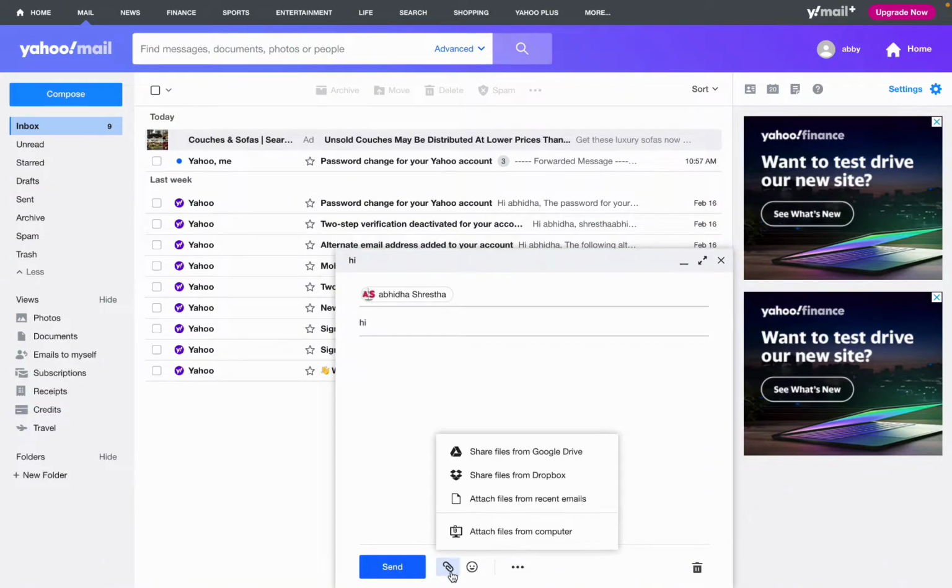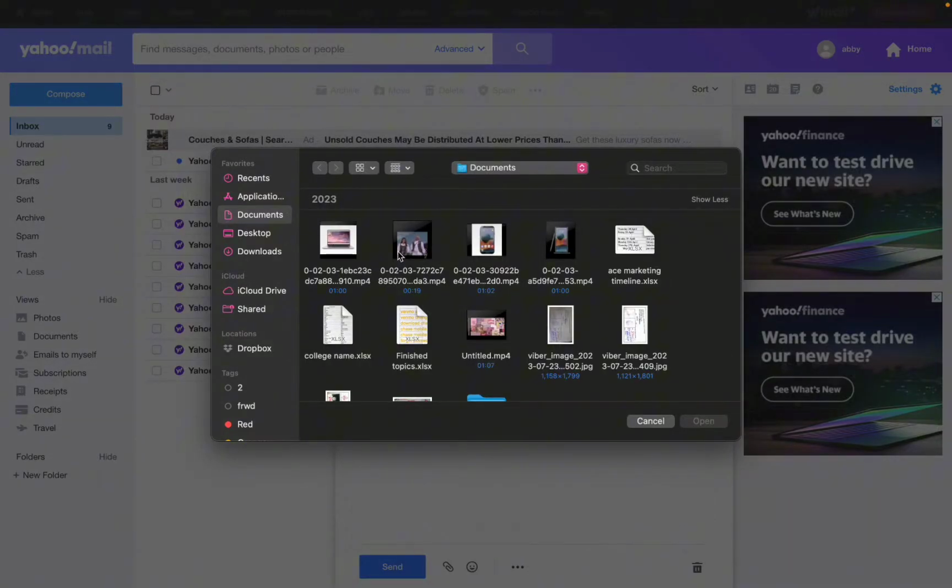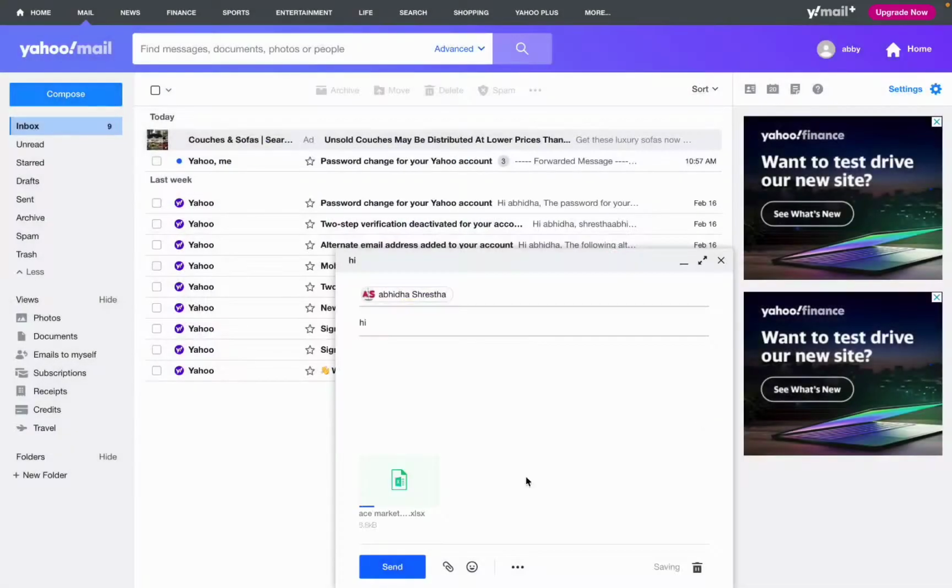beside send you can find the clip like icon. So simply tap on it and tap on attach files from your computer. So you can attach any of the files that you want to attach in your email and hit the open